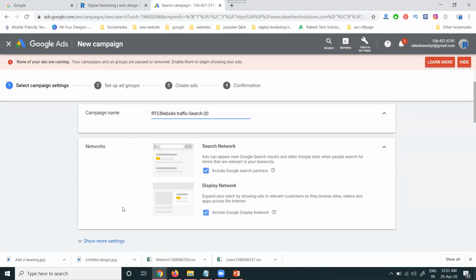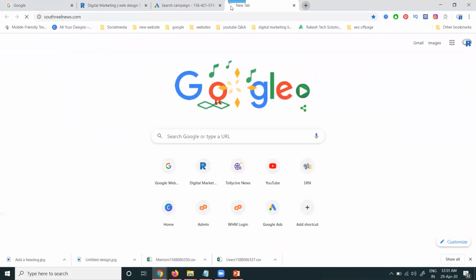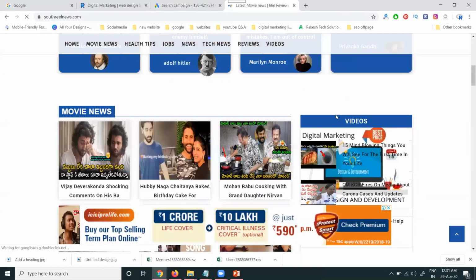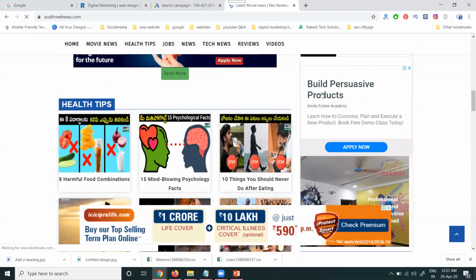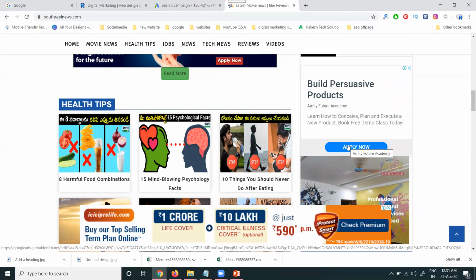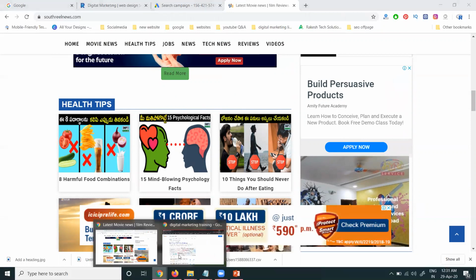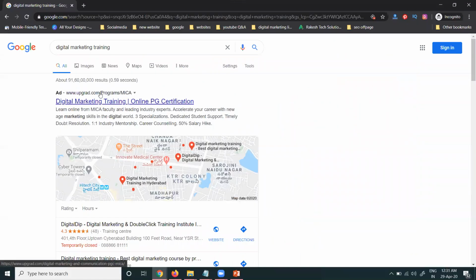Here, two questions are there. What is meant by search network and display network? The display network shows your ad to customers on any website approved by Google AdSense. Our website ad is shown on third party websites. It is not required for search network purposes, so we only use the search network.